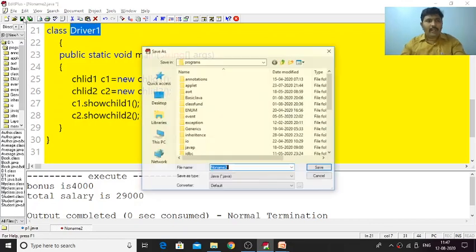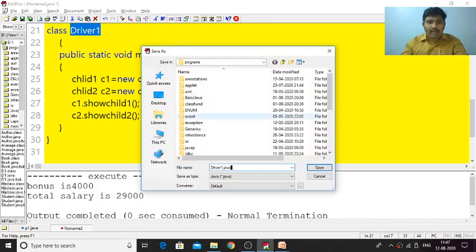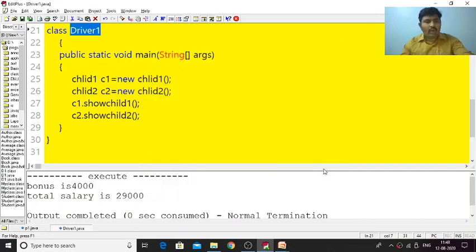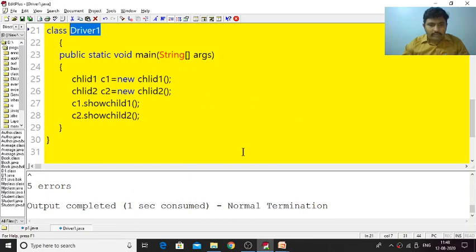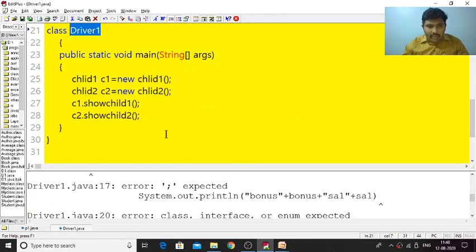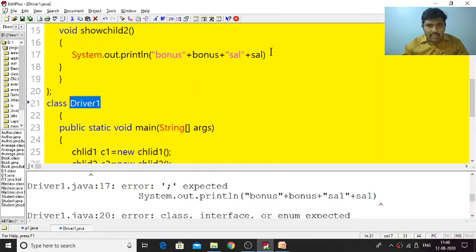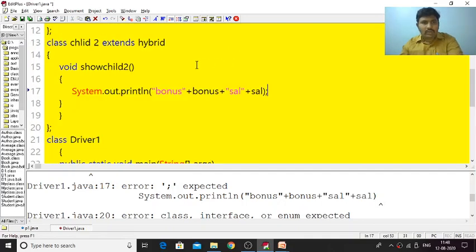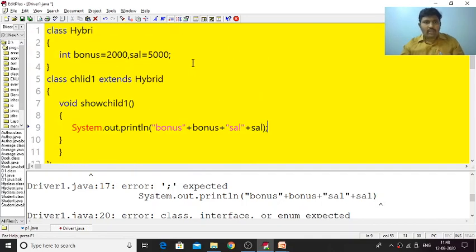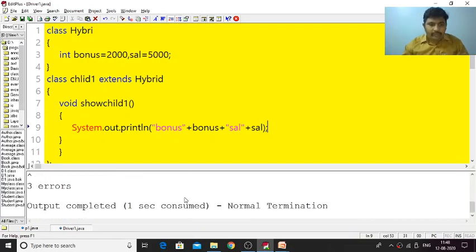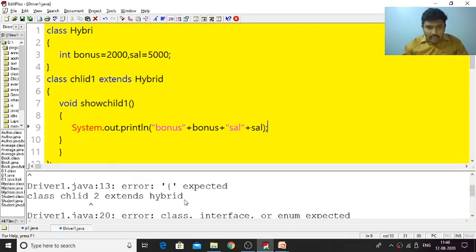Now how we need to save the program with the name driver1. Control C, save that program as driver1.java. Now compile the program. It is showing 5 errors. I forgot the semicolons somewhere. So that is why the error occurred. So now compile this program. It is showing 3 errors.